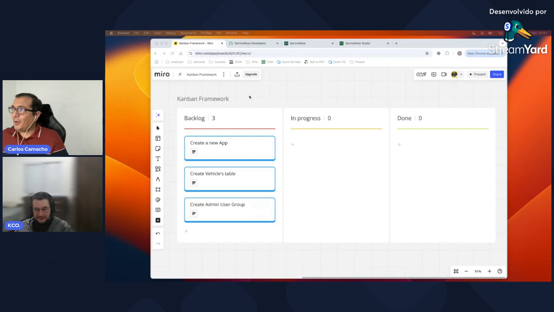Well, today we have our custom application series part two, and we are going to implement these three user stories: create a new app, create vehicles table, and create admin user group, right? Perfect. Okay, so